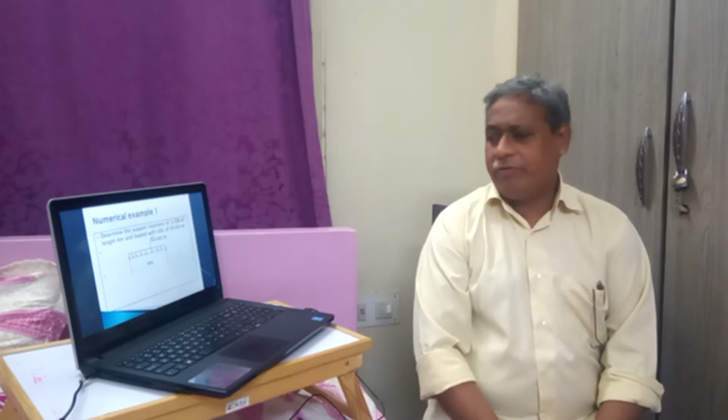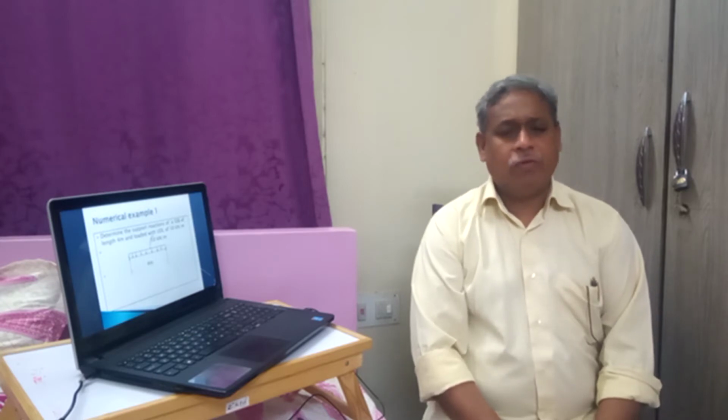We will see the same problem. Instead of W and L, that is any load and any length L, we will see a numerical example, putting some values for load and distance. So let us consider a simply supported beam loaded with UDL of 50 kN per meter for a length of 4 meters, that is throughout the beam. The load is applied throughout the entire length of the beam. So here W, intensity of load, is 50 kN per meter and L, length, is 4 meters.